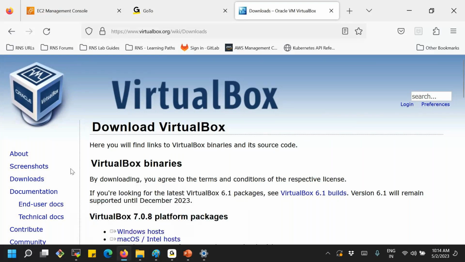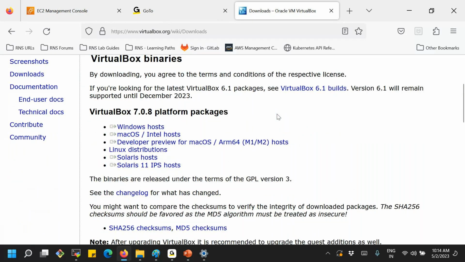Okay, so this is the official site virtualbox.org and the downloads. You can just search it in Google. So download VirtualBox and you can get in here. But what is the OS platform which you are using? Which OS is VirtualBox required for us? Is it Windows, or Mac OS, or is it Linux? Which one is that?